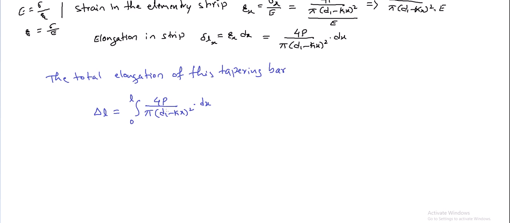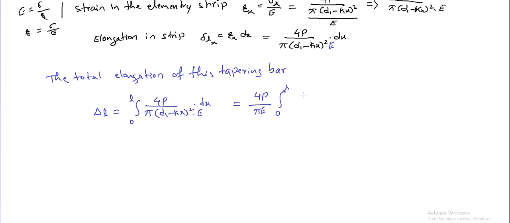This is the part of our length change in the elementary strip, and I need to integrate from 0 to L. If I take these constants outside, 4P divided by pi, and here I have E. So this 4P by pi E is taken outside, and the rest of the things is